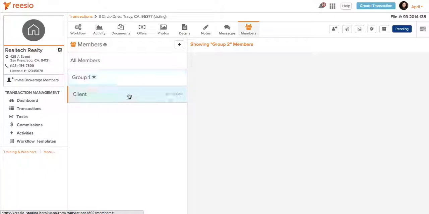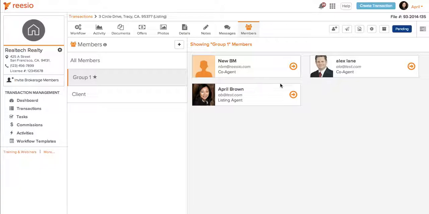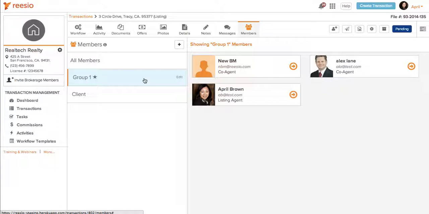So now there's no one in the client group. Everybody is still in group 1 here. But I'm going to go ahead and move my seller here into the client group. And to do so, I just need to click on this move icon and select the group that I'd like to move my client to. So now you can see that my client now is in this client group, and everybody else is still in